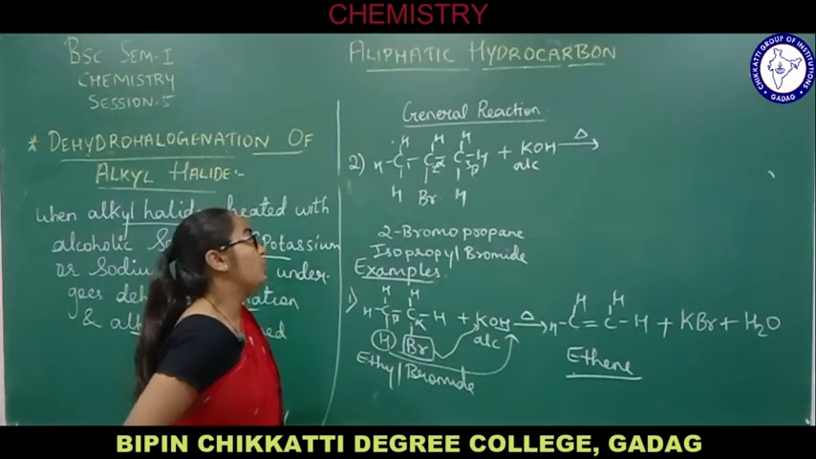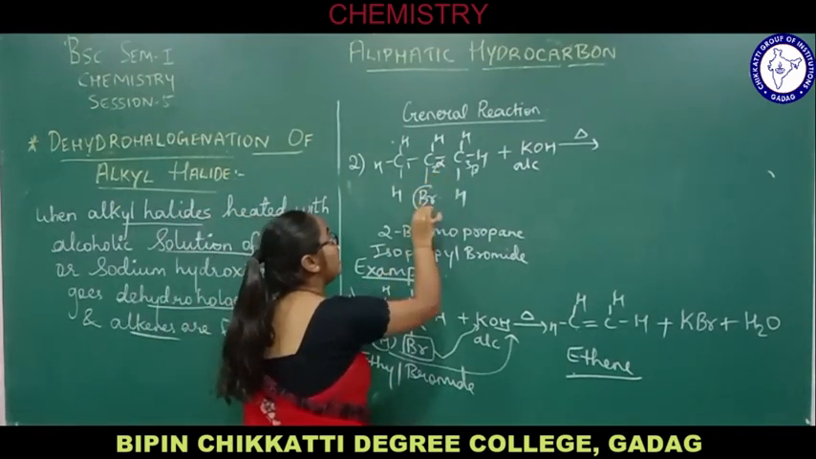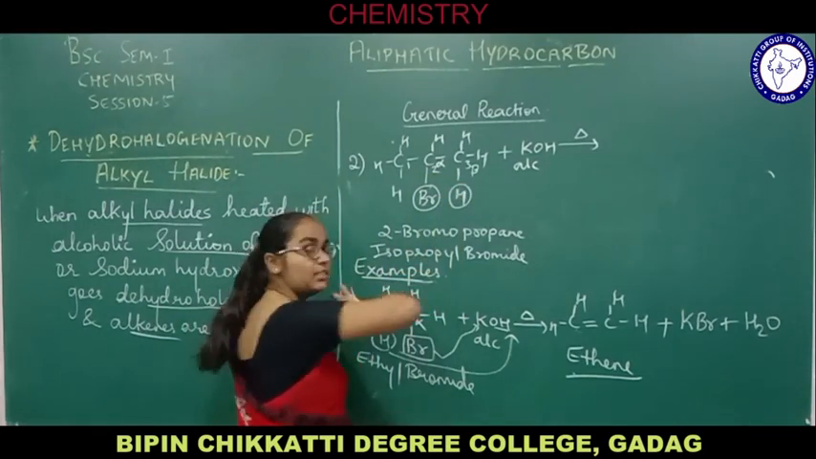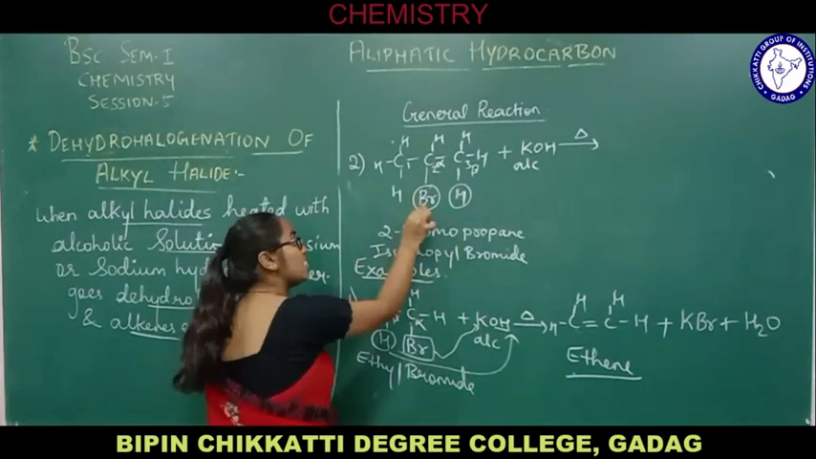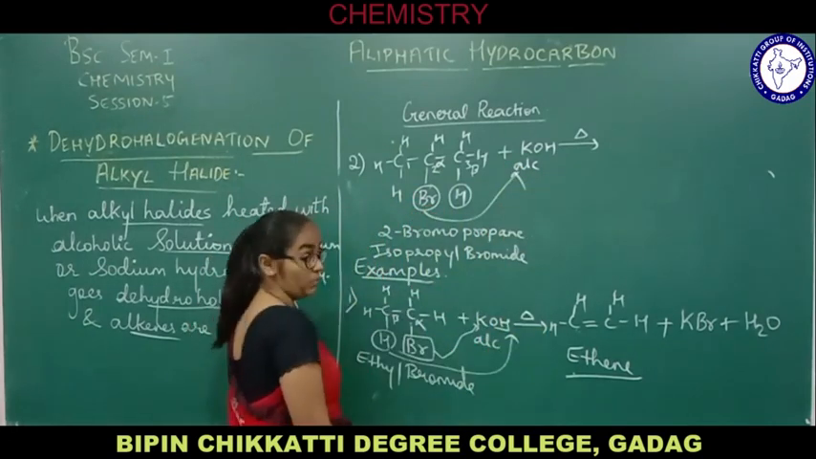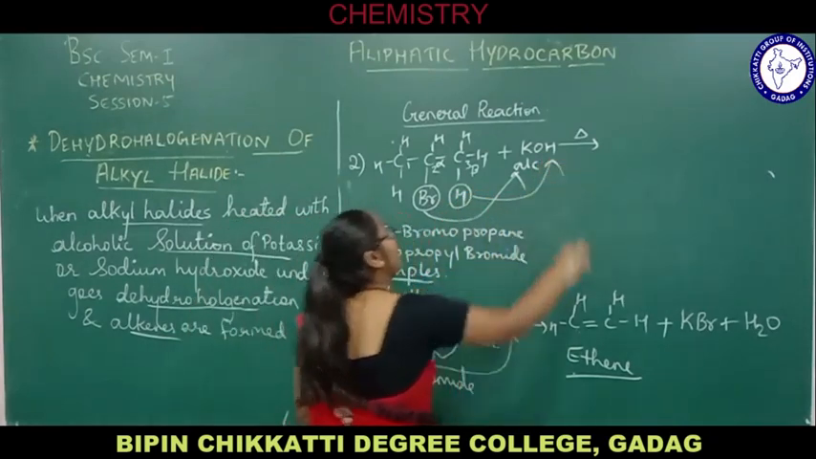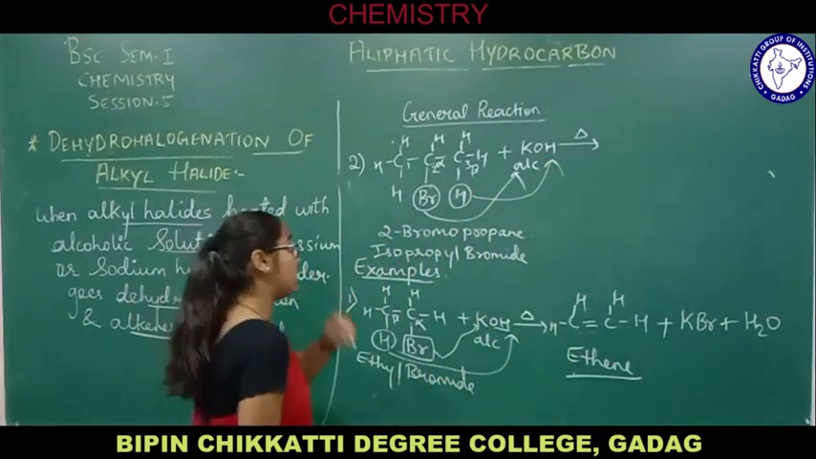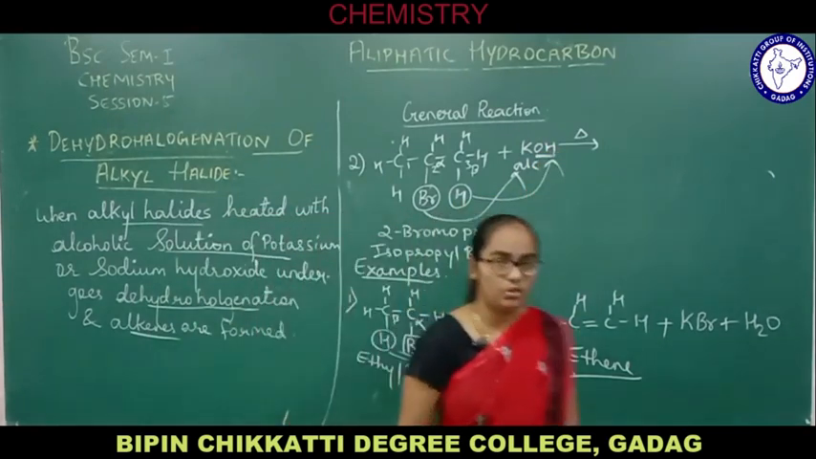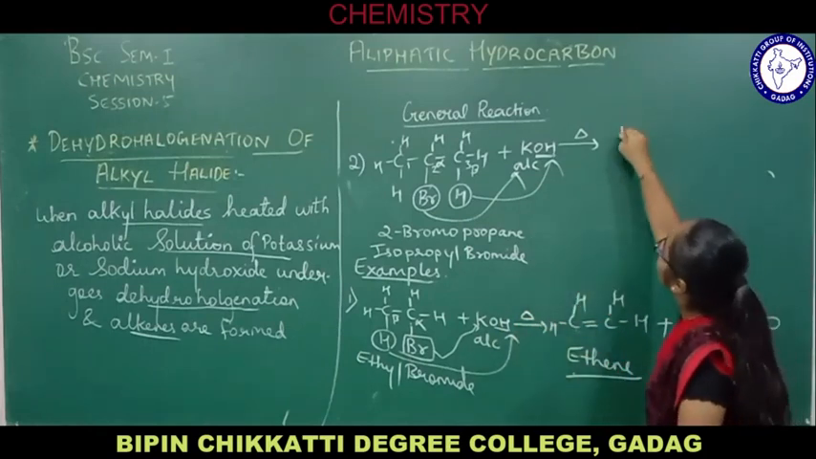Okay. Now here the alpha carbon will lose the bromine atom, and the beta carbon will lose the hydrogen atom. So this bromide will go and get attached to whom? Potassium, to form potassium bromide, and this hydrogen will go and get attached to whom? Hydroxide ion, to form the water molecule, right? So whatever is left over, we will write down over here. So the remaining one,